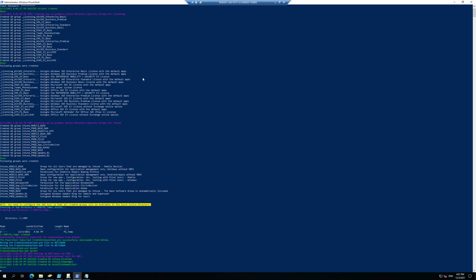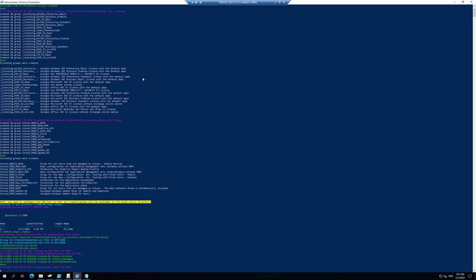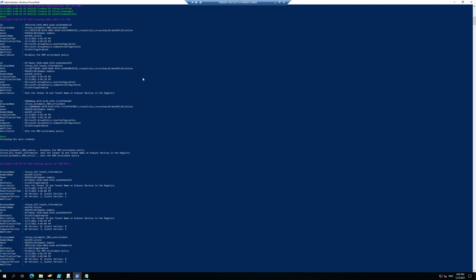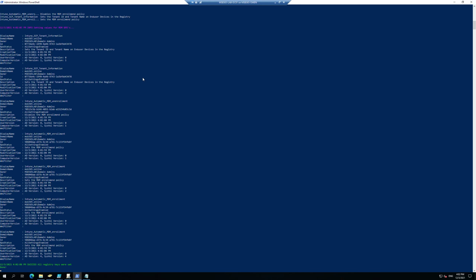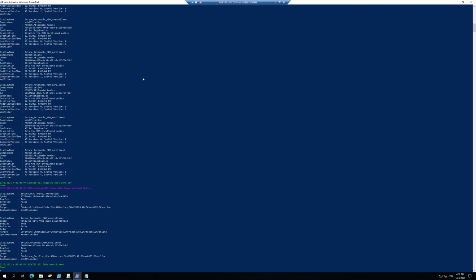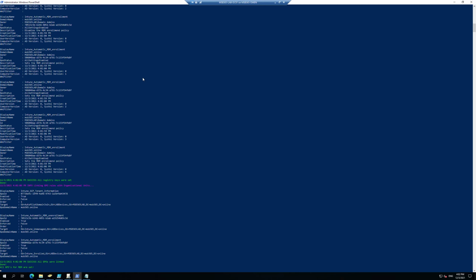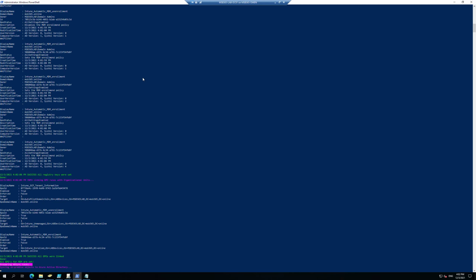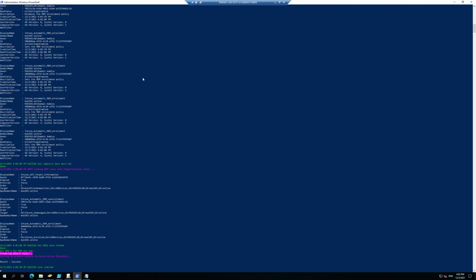Now we are creating the group policies which we need with the entry, and then in the end we're gonna link the value filled GPOs. After this is done, the script goes there and hits the AD sync. The script goes also there and checks if the AD sync from AD Connect is